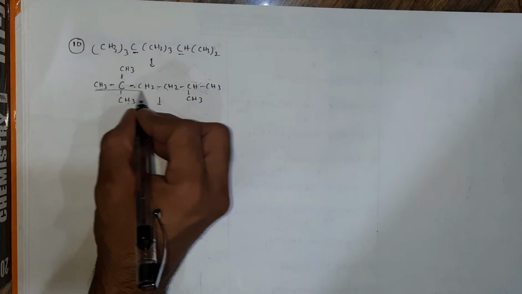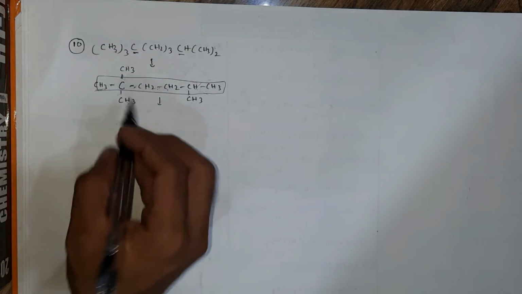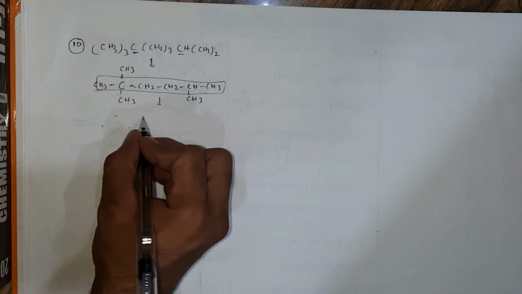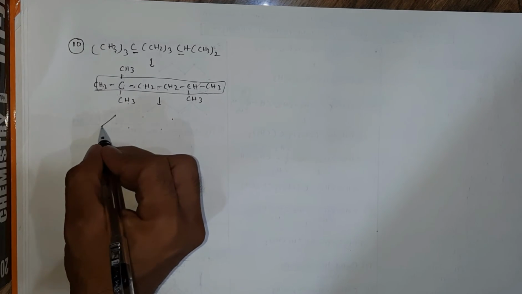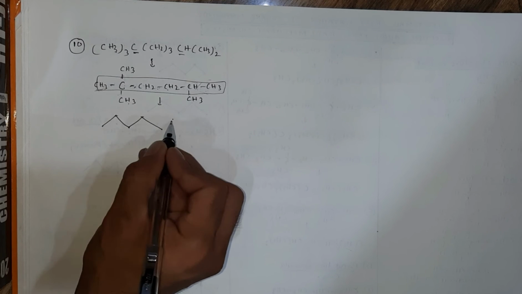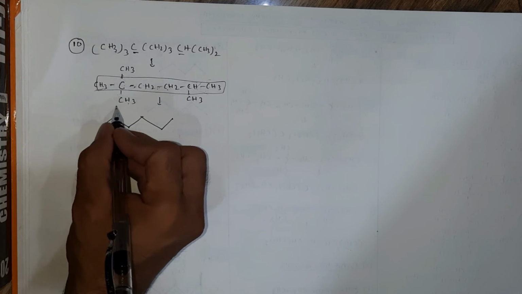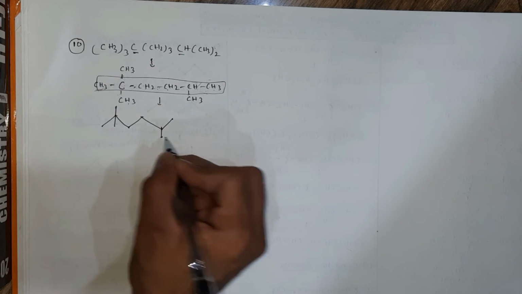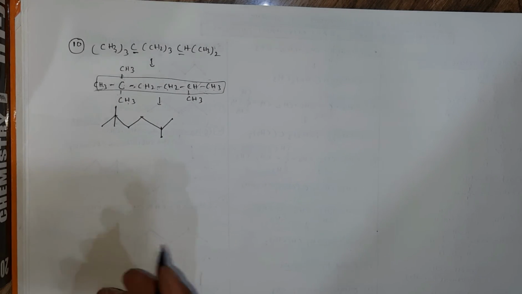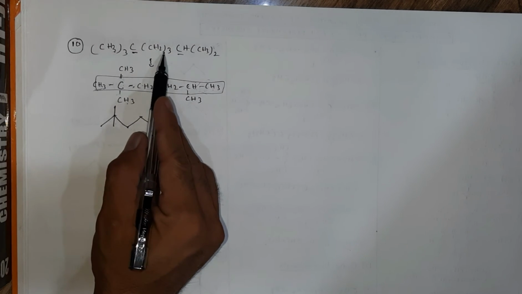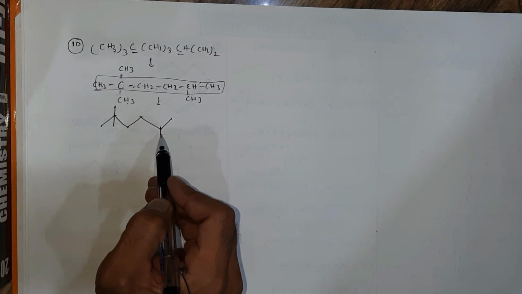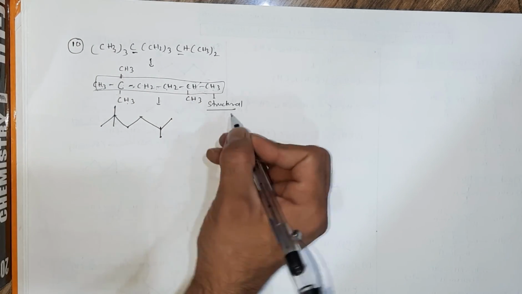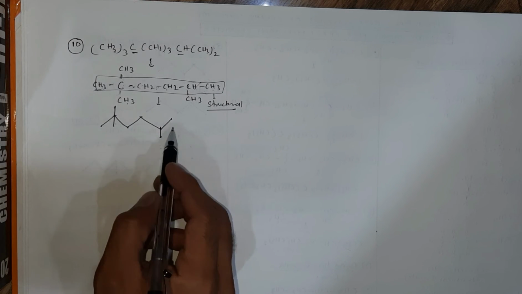You select the longest carbon chain. This is your longest carbon chain. You selected 1, 2, 3, 4, 5, 6 carbon atoms. All of them are attached to each other by a single covalent bond. Now from the left hand side there are 2 methyls, and from the right hand side the second last carbon has 1 methyl. So I make the methyl here. Structure done. So this is how you convert a condensed formula into a structural formula, then into a bond line formula. So this is your structural formula, open chain formula, and then convert into a bond line formula.